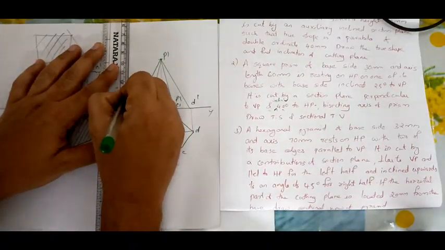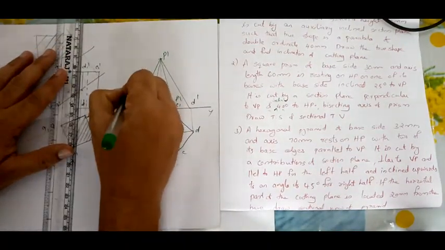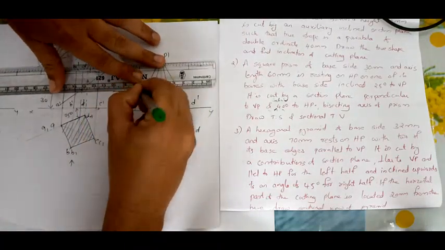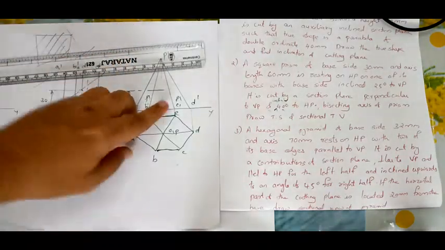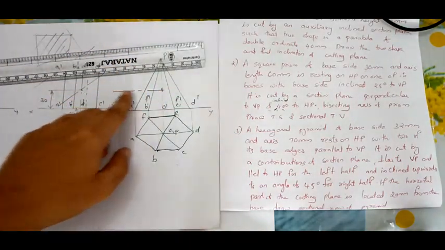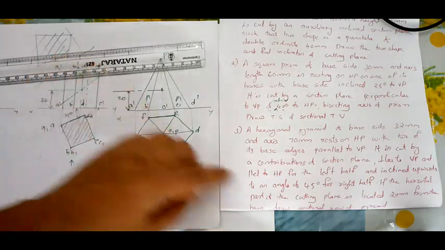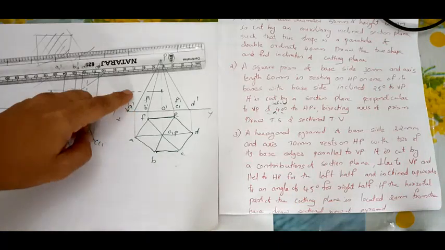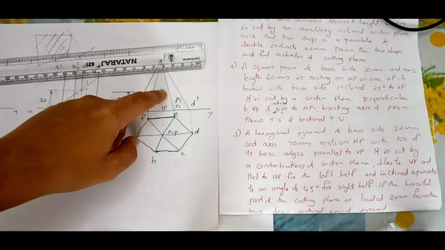So from here take 20 mm. Now I have taken 20 mm from here and I have drawn a line horizontal. See, up to this axis, that is left. See, this is the left portion, right? This is the left portion. So take 20 mm. They have given 20 mm from the base. So from base you have to take 20 mm. Draw the horizontal section plane.